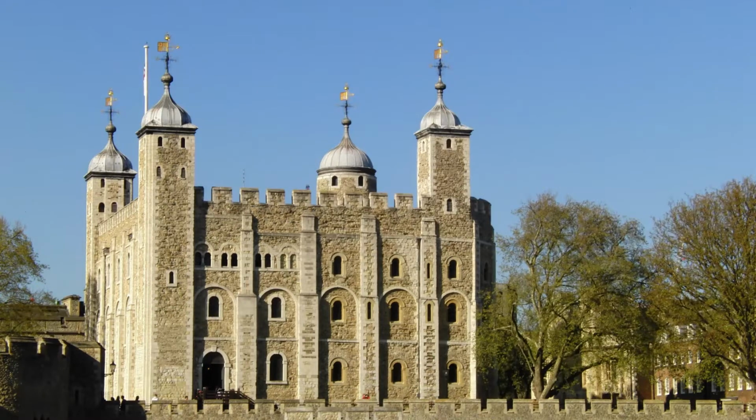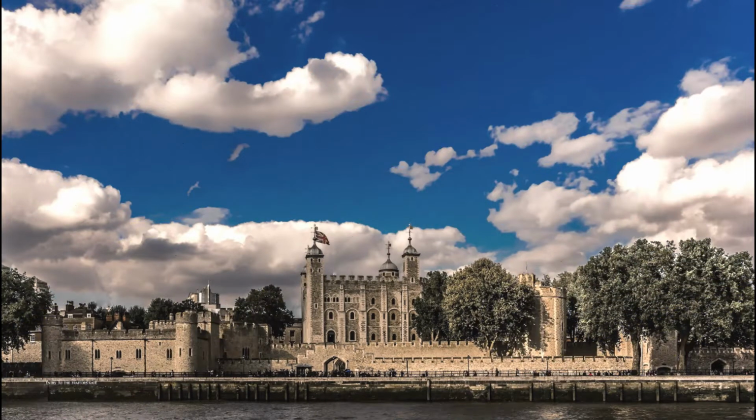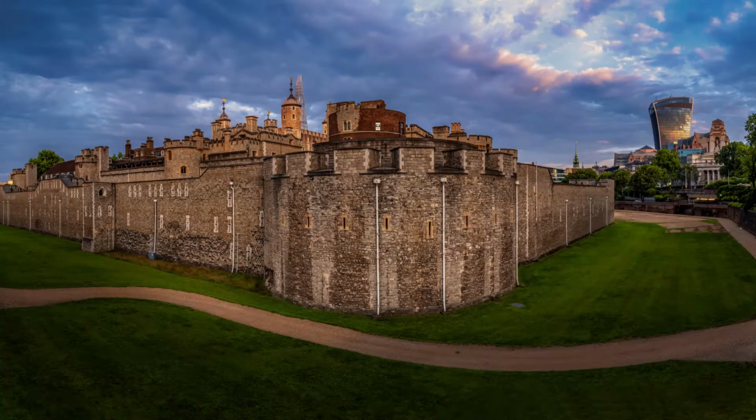Continue to the Tower of London, located on the north bank of the River Thames. This historic castle is within the district of Tower Hamlets, next to Tower Bridge. The Tower of London has played a prominent role in the history of England. The tower has served as the armoury, treasury, menagerie, royal mint, public records and home to the United Kingdom's crown